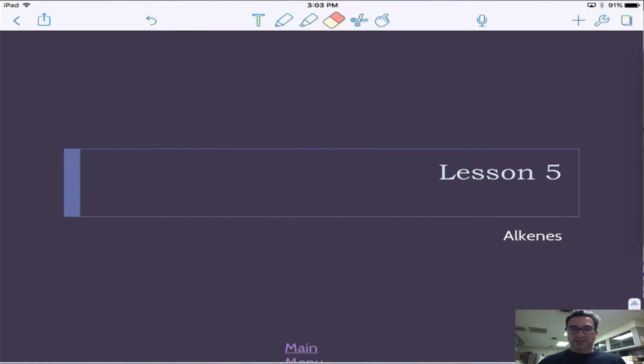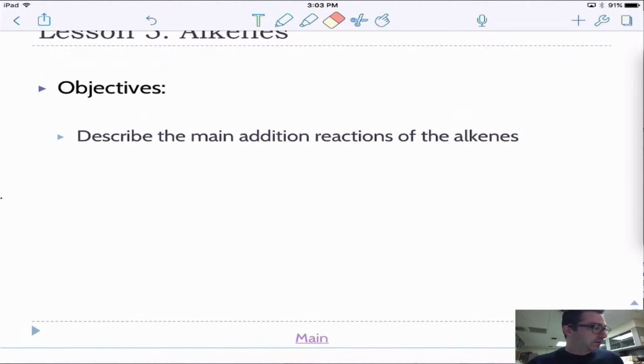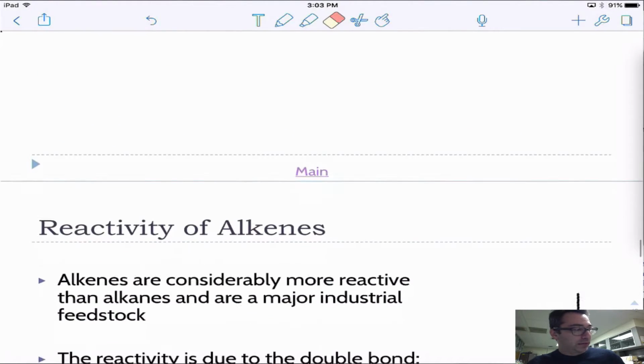Alright, welcome everybody. Today we're going to talk about alkenes and their reactivity. So let's go through this and talk about what we know about them. The first thing, and the really important part of alkene reactivity, is describing the addition reactions that take place. And so what you're going to see is that with an addition reaction, we actually add something